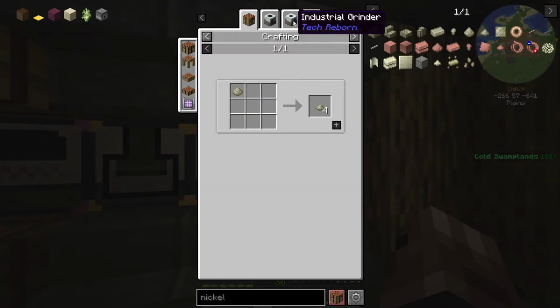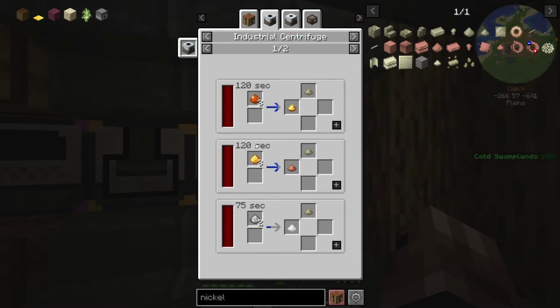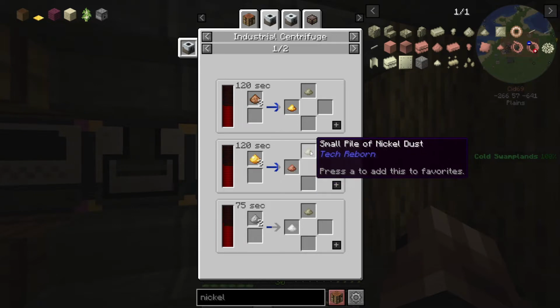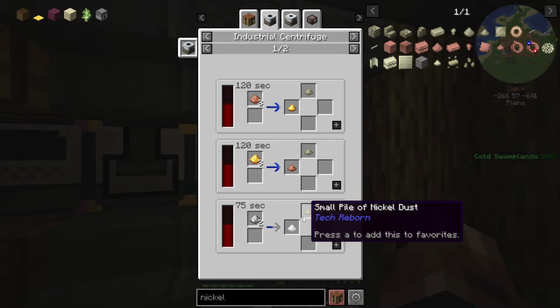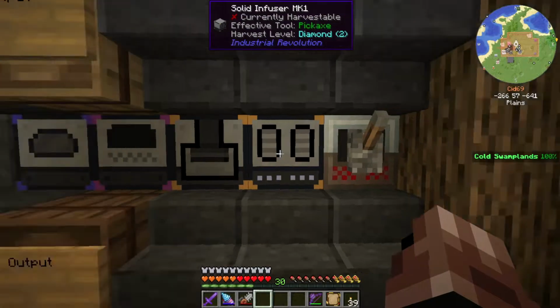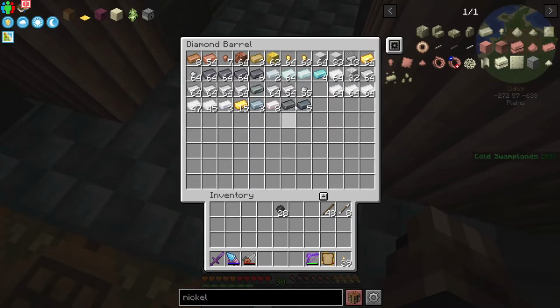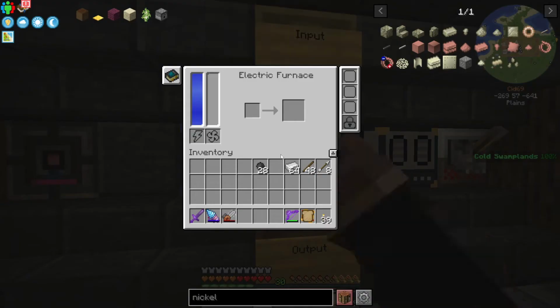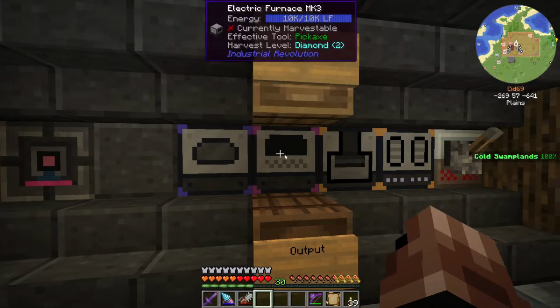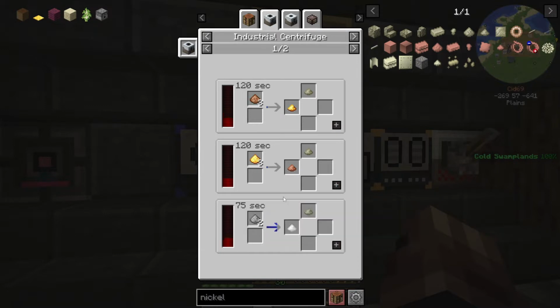So if I put copper dust in, I get gold and nickel. If I put gold dust in, I can get copper. Okay. Iron dust gives me tin and nickel, so iron would be the better system to do, because I've got most of it. Now let me just try something. I'm going to take a stack of iron, and if I want to get iron dust,